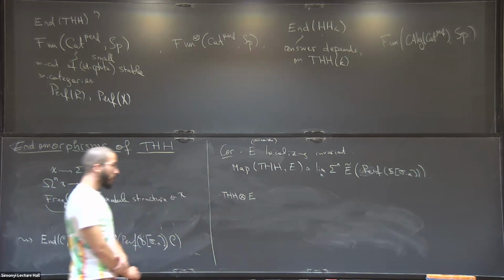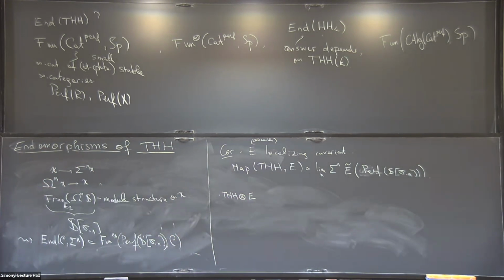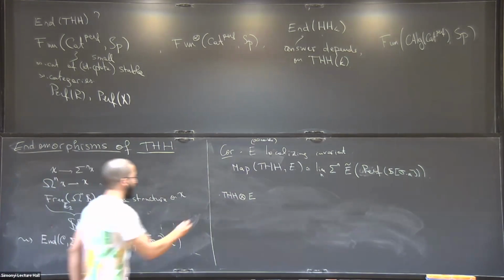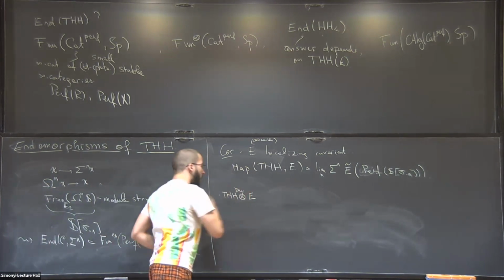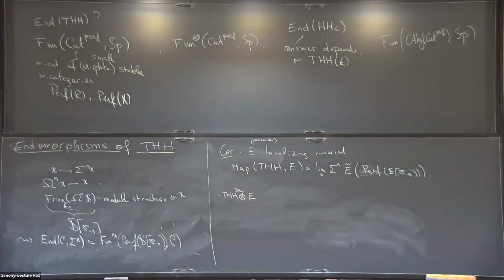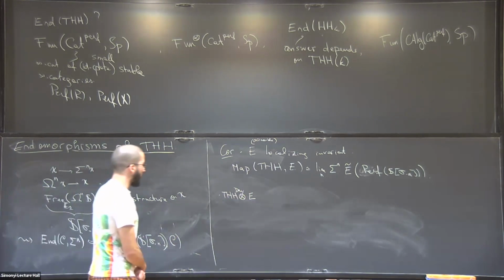Anyway, for two localizing invariants, you can take their Day convolution, which is some kind of tensor product. So let me write this Day. It's not a pointwise tensor product, because that would not be a localizing invariant anymore. And another way of using this